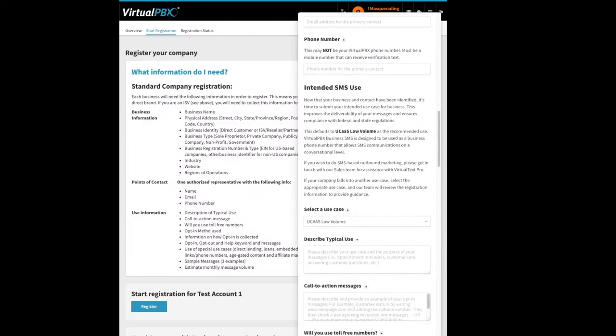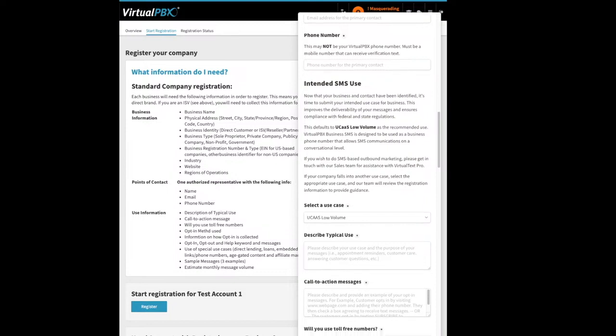Then you'll outline your typical use. So really describing what your use case is, the purpose of your message, whether you're using it for appointment reminders, customer care, or answering customer questions, etc. Then you're going to input your call to action message. For most business customers, you can use the keyword option, explaining that the customer would opt in by texting subscribe or start to the phone number that you've specified for your business. If you choose keyword as your call to action message here,